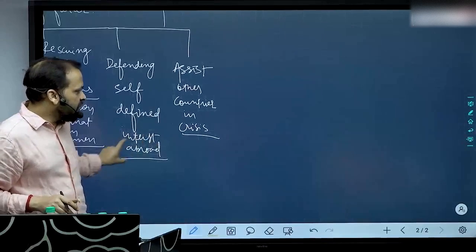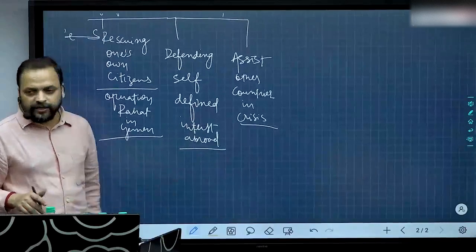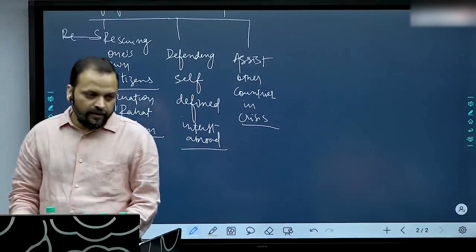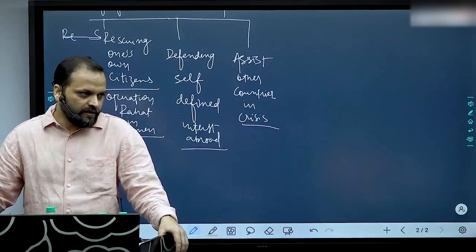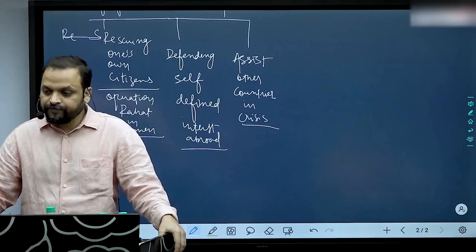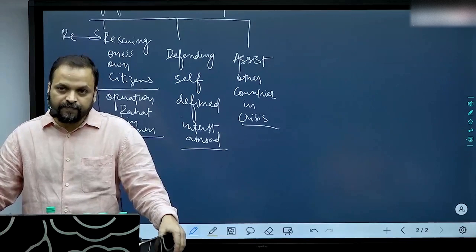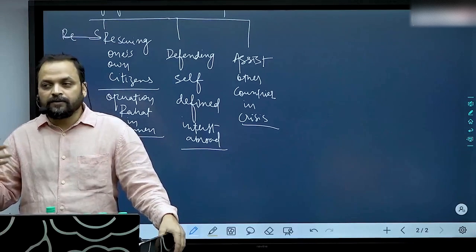But generally understand that India's constitution itself defines foreign policy in a very pacifist way. Right? Which article of the Indian constitution? 51A. So generally it talks about